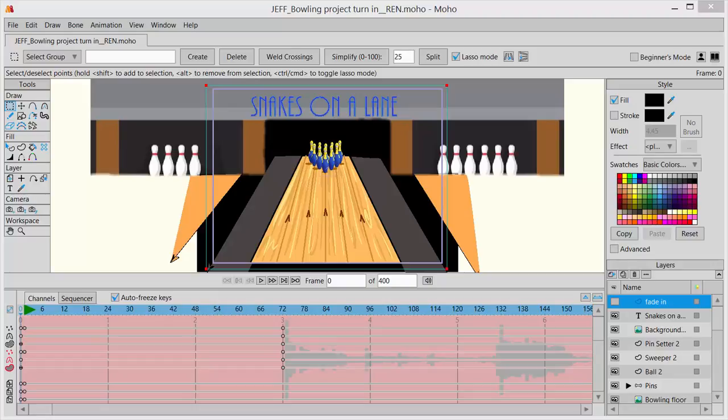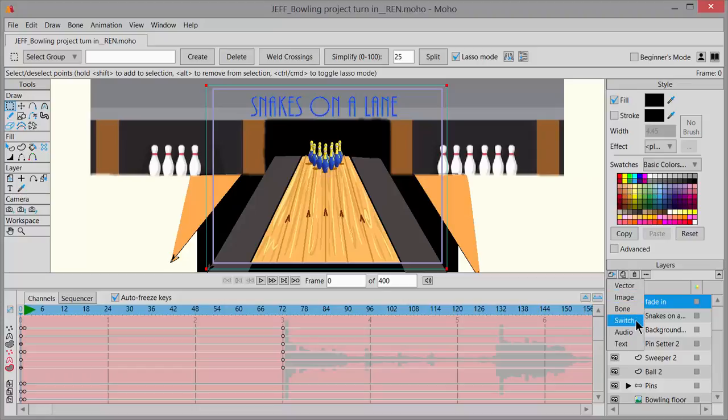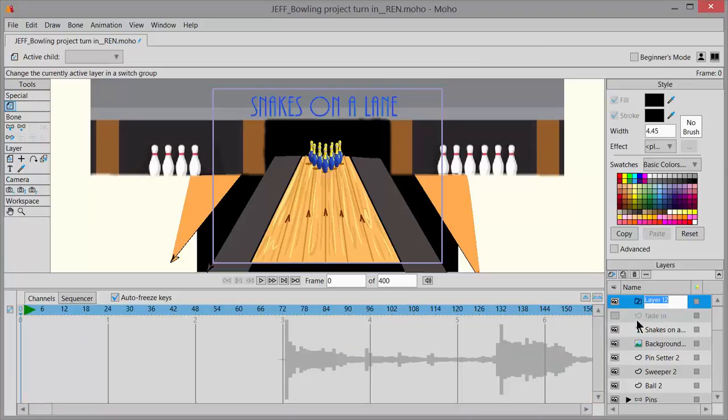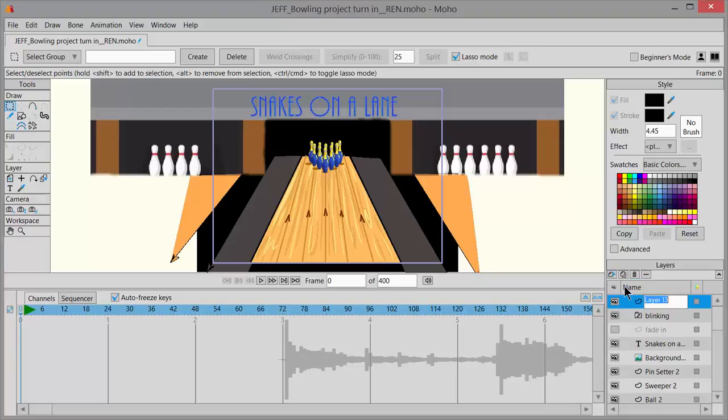Okay, we're going to look at how to make some blinking lights. And the first thing I'm going to do, I'm at frame 0, start a new switch layer, and I'll just name that blinking. And then, let's say I'll show you 3 lights. So, vector layer, we'll name this one red, and then let me drag this into the blinking switch folder there,